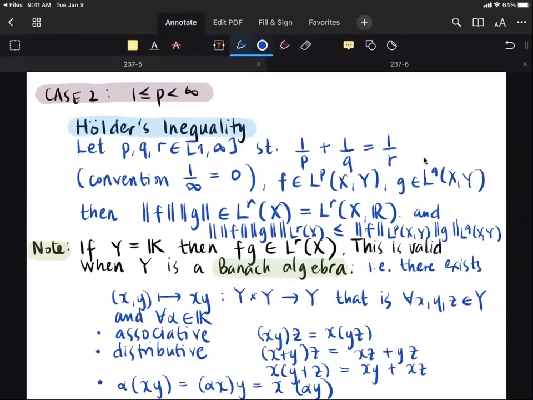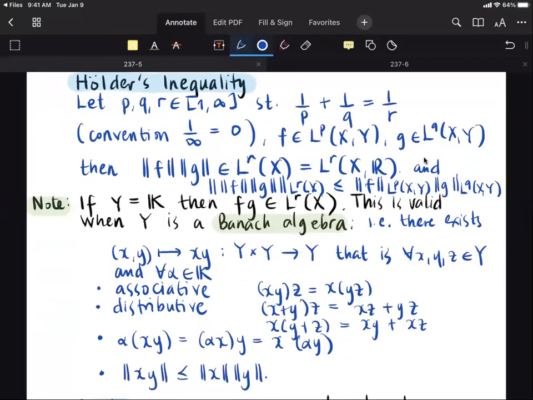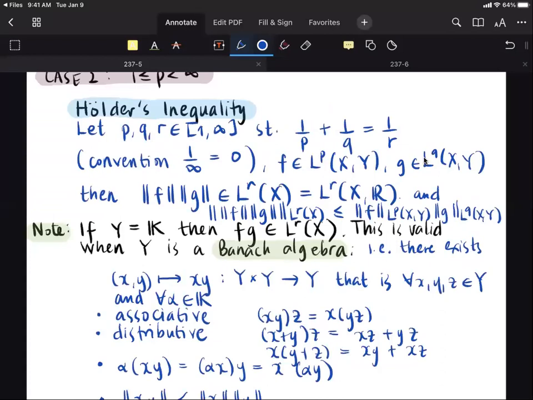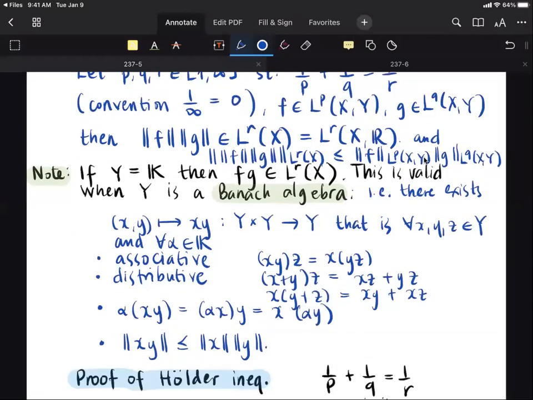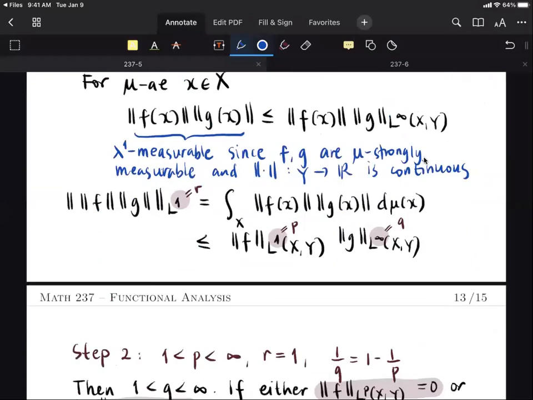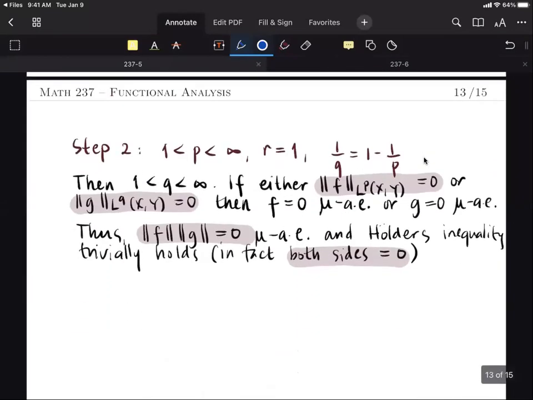Okay, so this is all Holder's inequality. So I apologize for that one. There should be an inequality, but it was not stated a while ago. But this is the inequality that we are referring to. Okay,